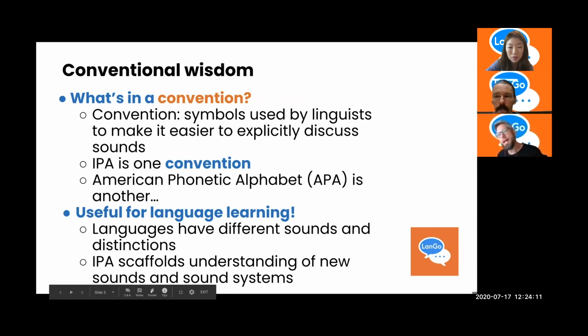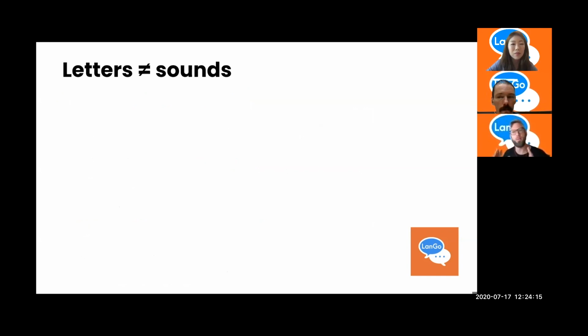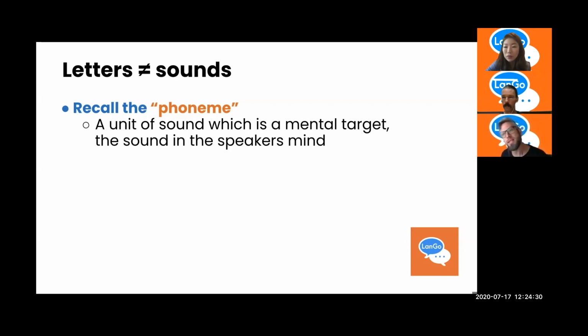Now, we have to go back and discuss a small thing from our last podcast, which is a reminder that letters do not equal sounds. So I'd like you to recall the idea of the phoneme that we introduced in the last podcast. A phoneme is a unit of sound, which is a mental target, the sound that is represented in the speaker's mind.